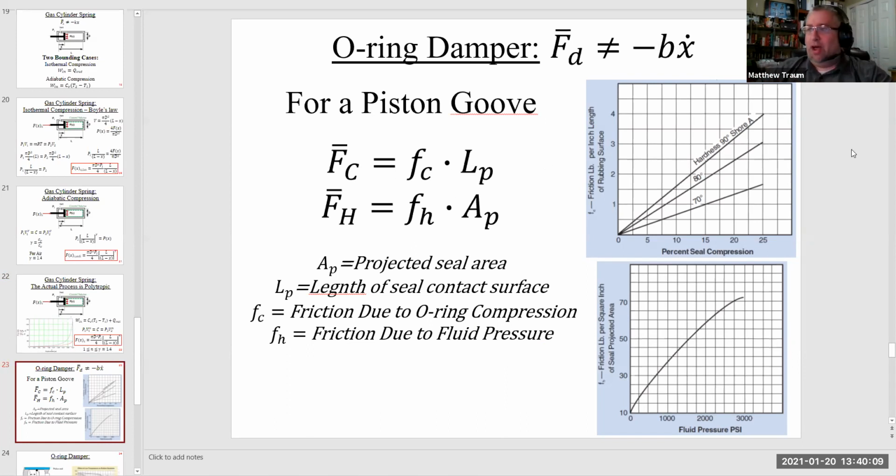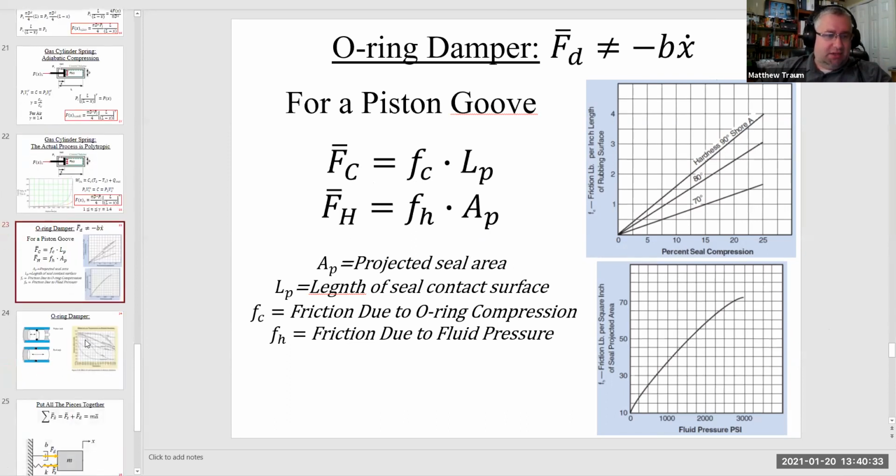And so this is why at the beginning of class I dropped the Parker O-ring handbook into the chat, because all of this just comes out of the Parker O-ring handbook, and I'll post it on Canvas so that you can see it. But for a piston groove, which is what we've got, the equation is